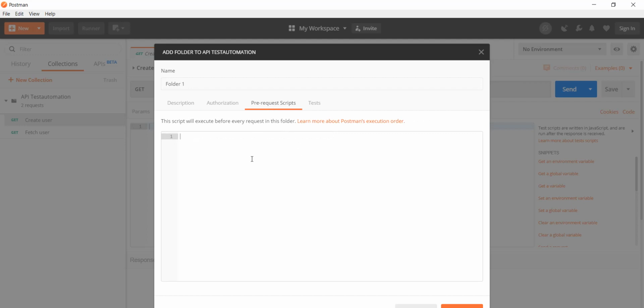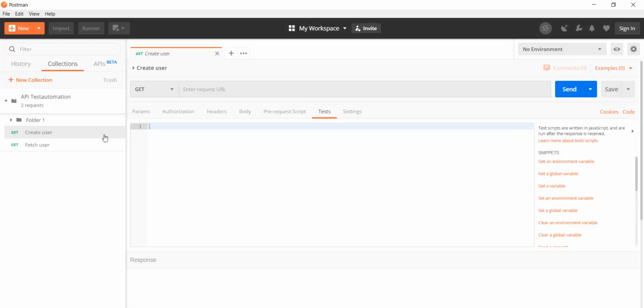So you can create multiple folders in an API collection, and there you will find the prerequisite and test step as well. So here you can also write folder 1, and you can save the APIs inside it as well. And then in this API,